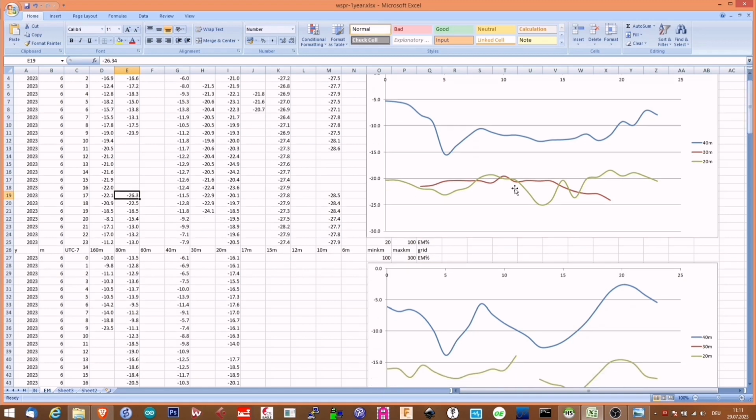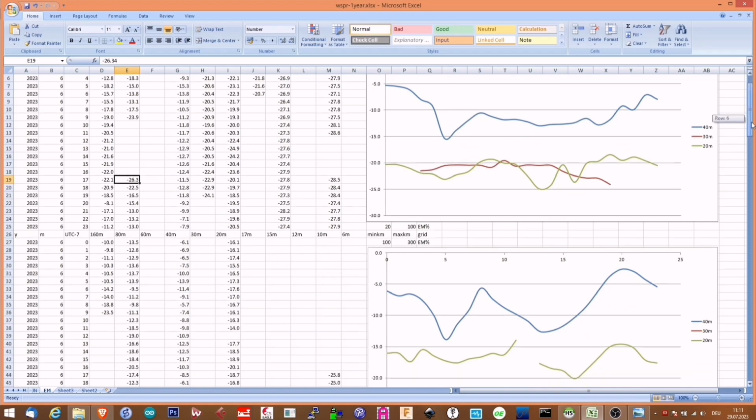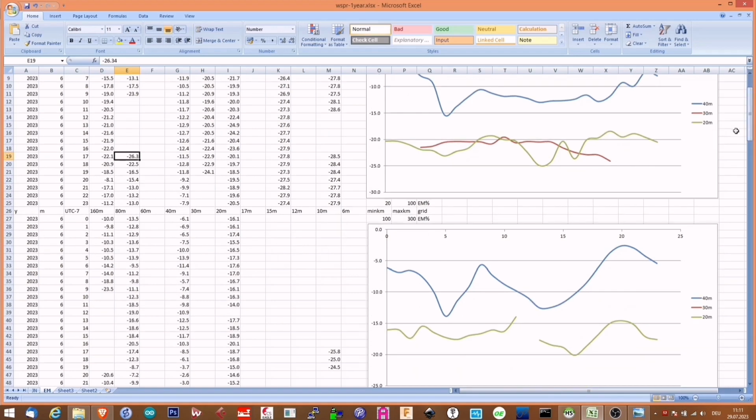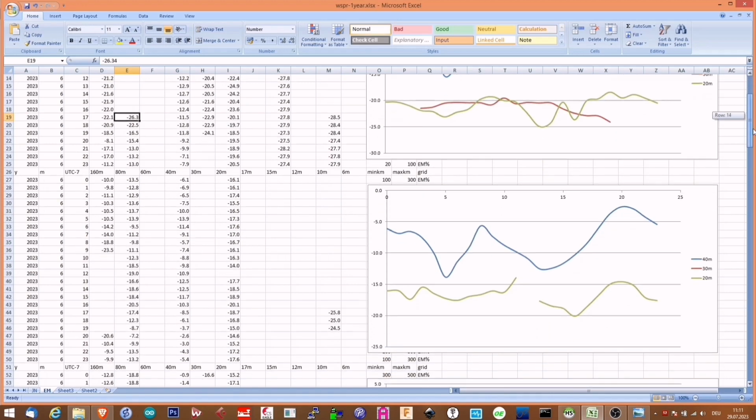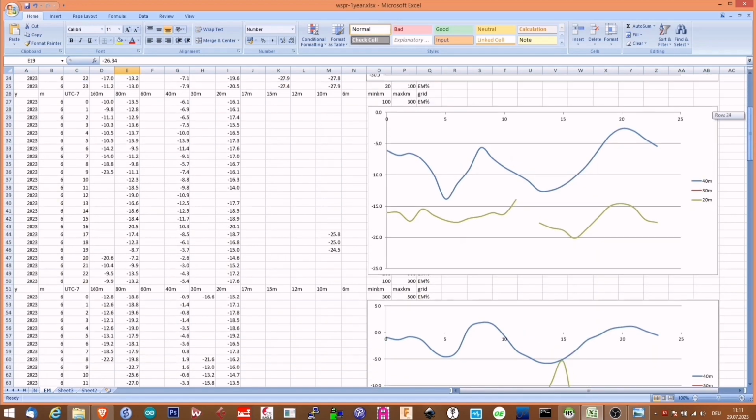So 30 meter and 20 meter are similar. You have some data holes here, on the 30 meter especially. Of course, some bands are more popular. I mean, 30 meter maybe not so many people are using or transmitting data in WSPR. Here, for example, the 30 meter band is completely missing. We are now at 100 to 300 kilometers in the grid Echo Mike. All the data is for June 2023, don't forget this. Also June 2023, grid Echo Mike,